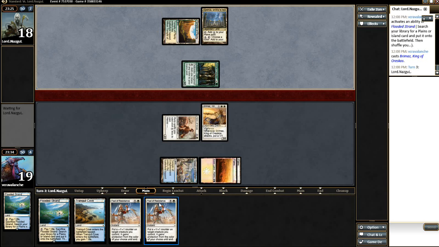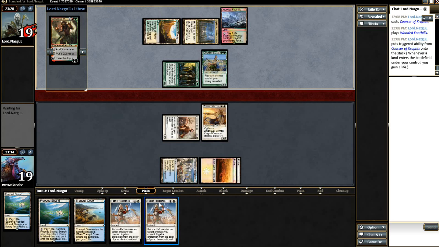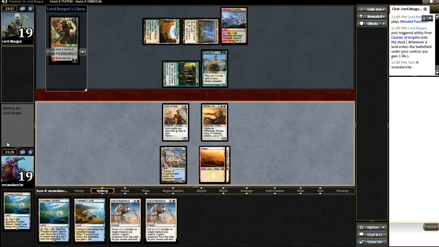And if he missed a land drop here, it looks like, oh, yeah, but Courser, and he does find the Wooded Foothills. So he's a Naya type build with Xenagos. What other shenanigans would he have? So Feat of Resistance, put a Wolf's counter. Yes, it can kill the Courser. Crewfix at this point is worth the